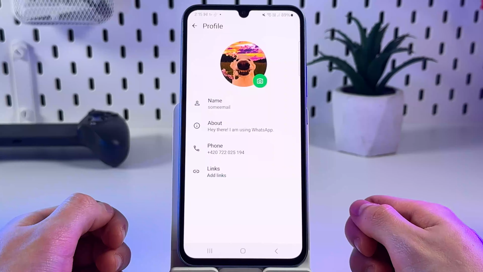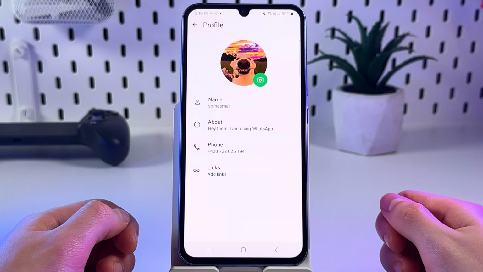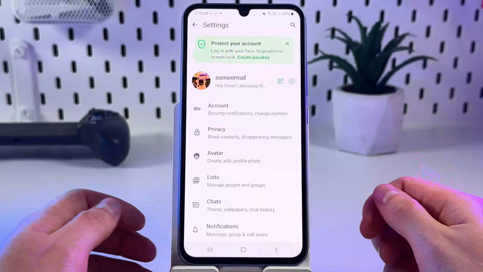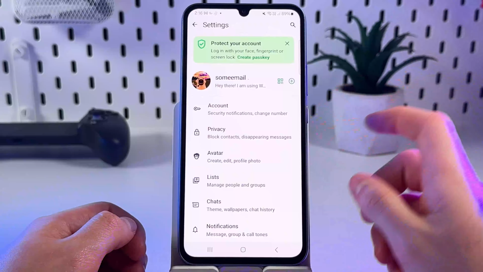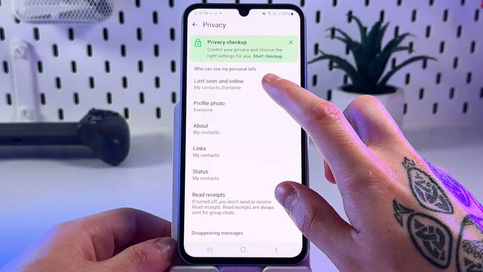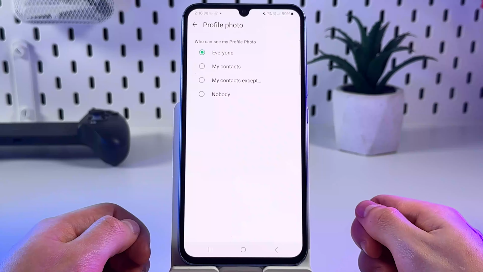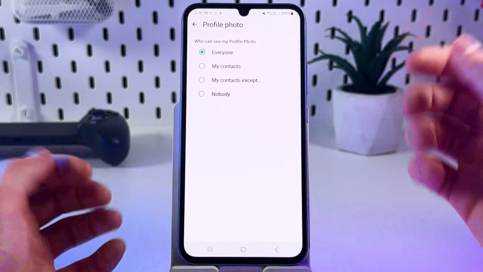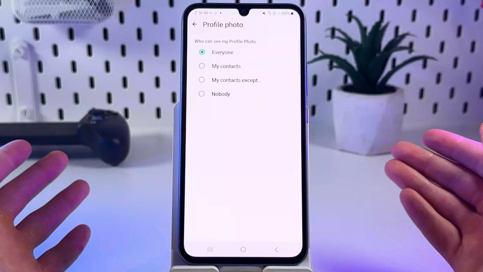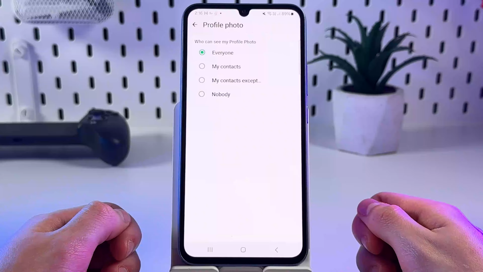so now your profile photo has been updated. And also, as a bonus step, as I promised, to control who can see your profile photo, access the privacy section and tap on the profile photo tab. Here you can adjust visibility so that it's only available to your contacts or hidden from everyone except your close